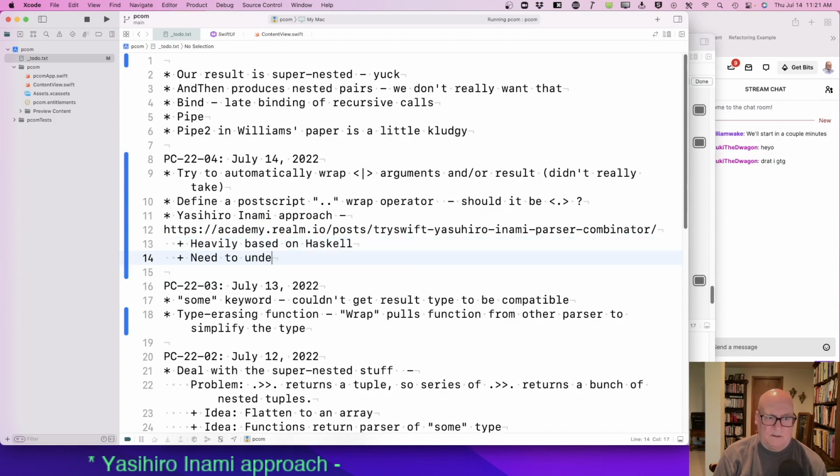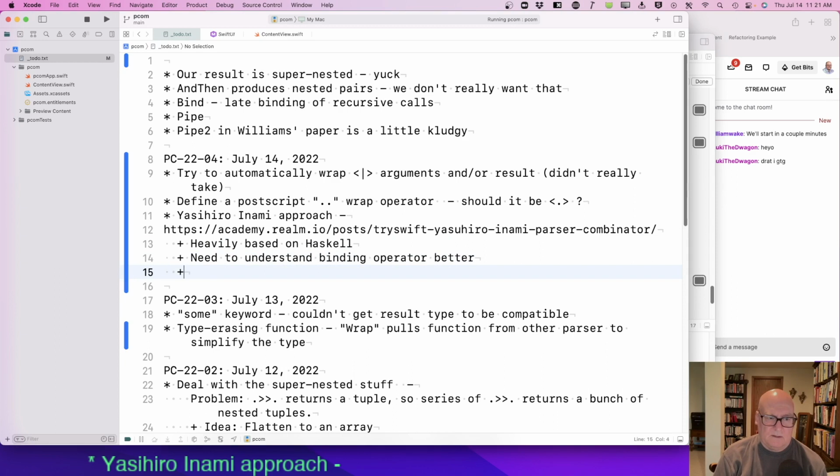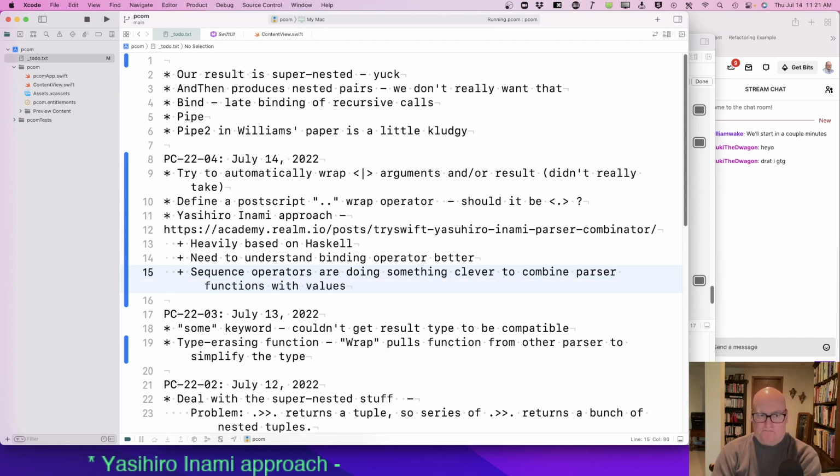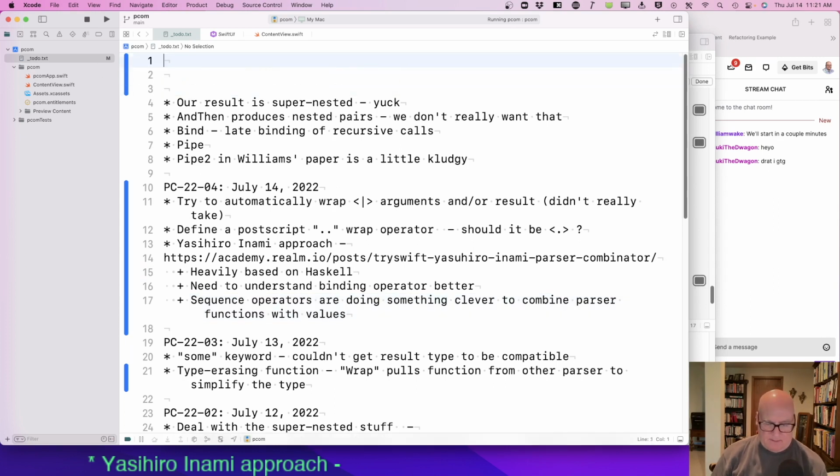Need to understand the binding operator better, and sequence operators are doing something clever to combine parser functions with values. Okay, and then this is for our version.